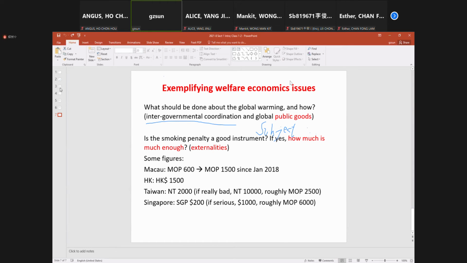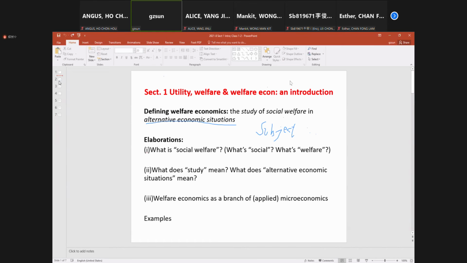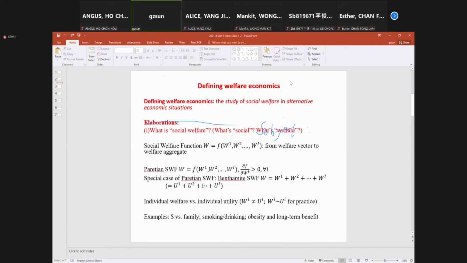So let me come back to this point. We can simply assume at the individual level, welfare equals utility. And now, let's put them together. Put my utility or my welfare and your utility, your welfare, all together for the whole society. That is, let's focus on this one. And now we can accept, okay, this is a good way to think about a social problem.